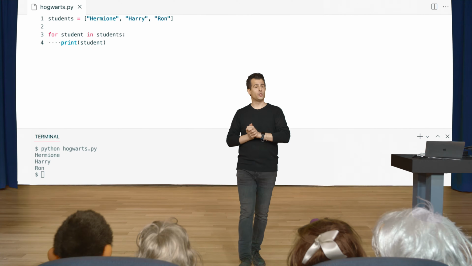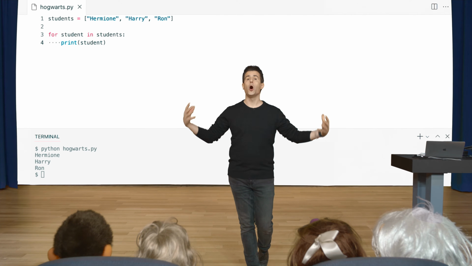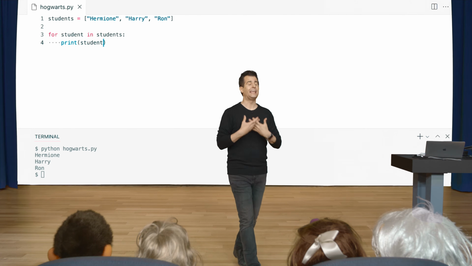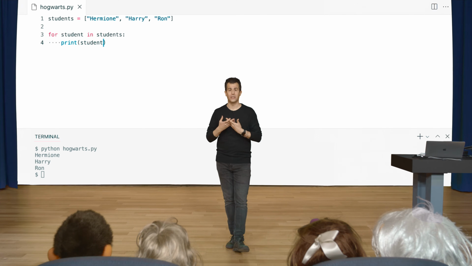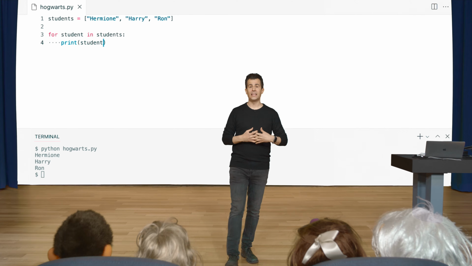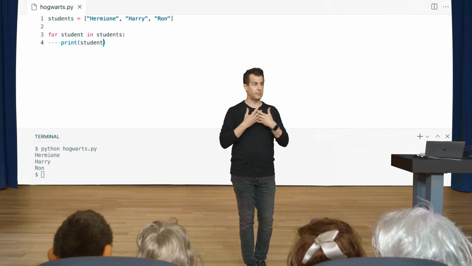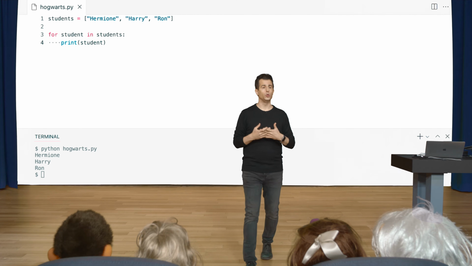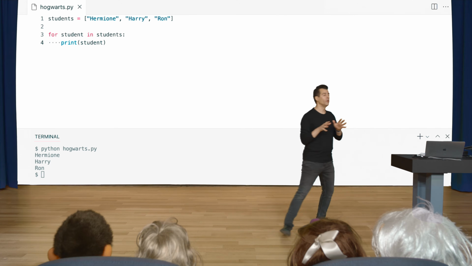Okay, sure. Can this for loop work with either hash tables or different kinds of iterables or arrays? Indeed. So we're getting ahead of ourselves there, but there are yet other types of data in Python. And indeed, you can use a for loop to iterate over those as well. Anything that is iterable, so to speak, is a piece of data that can be used with a loop like this. But more on those soon.